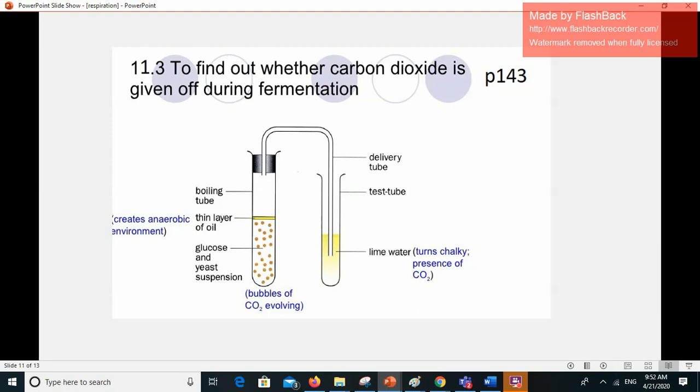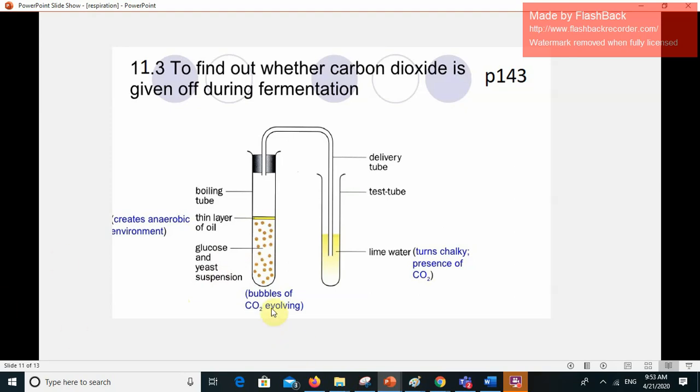So here we introduce yeast, as you see. As we know, yeast are small microorganisms, single-celled organisms, unicellular, that respire anaerobically. It is also called fermentation. They produce carbon dioxide and alcohol, ethanol. So I introduced yeast with a source of glucose for them to feed and to respire. If we don't have glucose, they won't respire. So it's very important to use glucose and to use the optimum temperature for their fermentation.